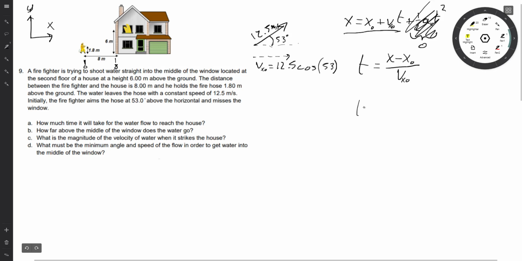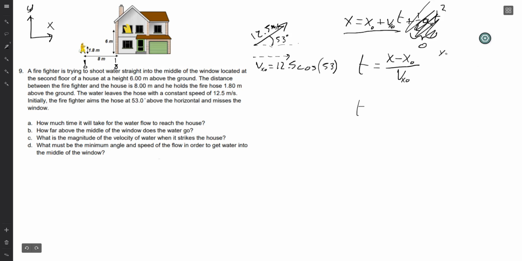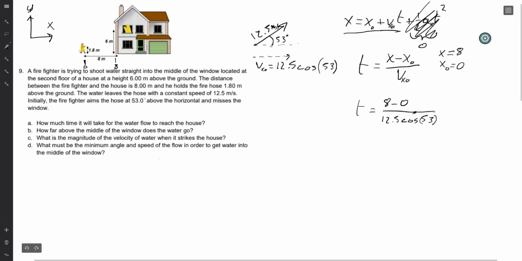So let's write it out over here. X equals 8. X0 equals 0. And Vx0, well, we already know what Vx0 is. That's over here. So time is equal to 8 minus 0 over 12.5 times the cosine of 53. And that is how long it's going to take. So this ends up being time t equals